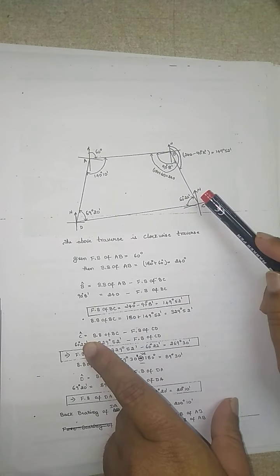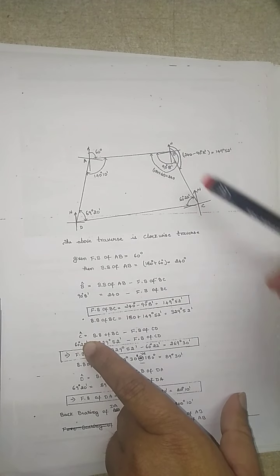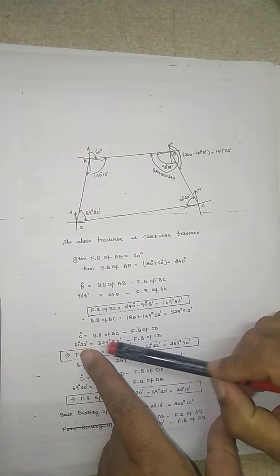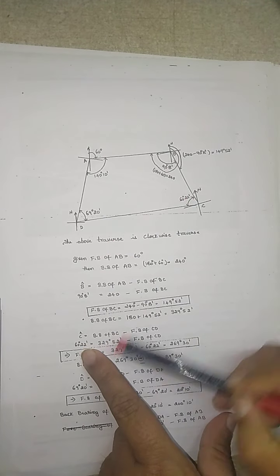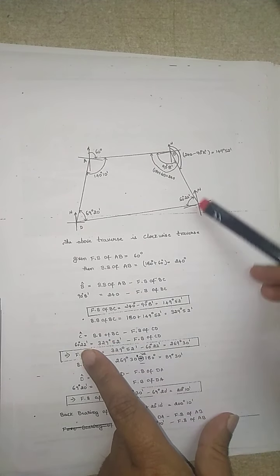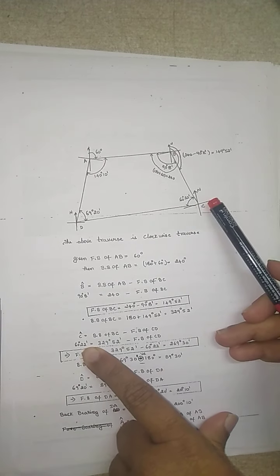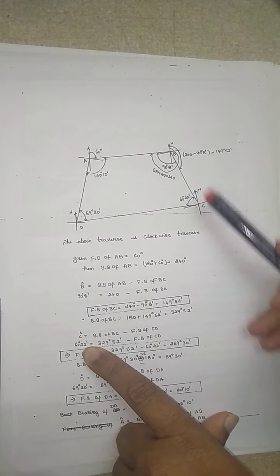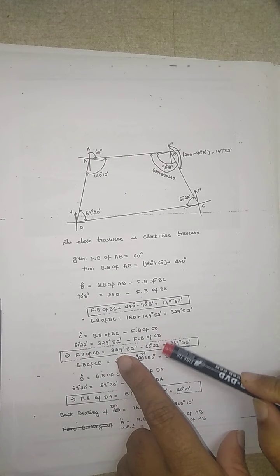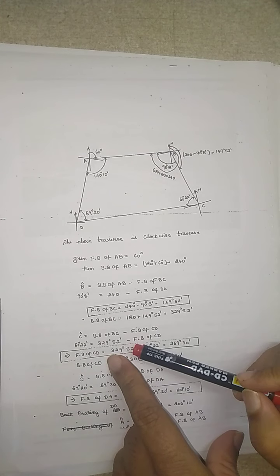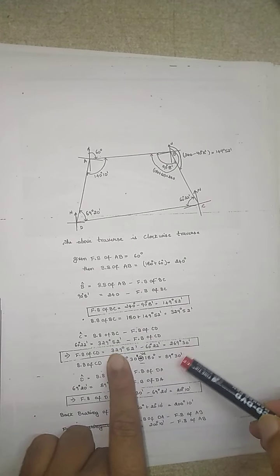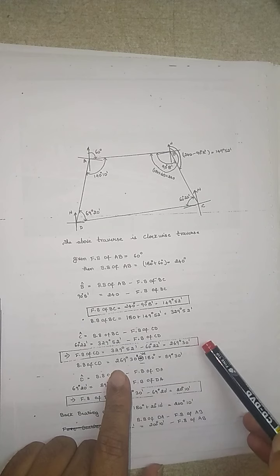Again the included angle, see how it can be calculated. The back bearing of the line BC minus the fore bearing of the line CD. So the included angle C is already given to you, and the back bearing you have calculated. So included angle C is nothing but the back bearing of the line BC minus the fore bearing of the line CD. The back bearing is 329 and the included angle you already know, so the fore bearing you have calculated: the fore bearing of the line CD is 269 degrees 30 minutes.